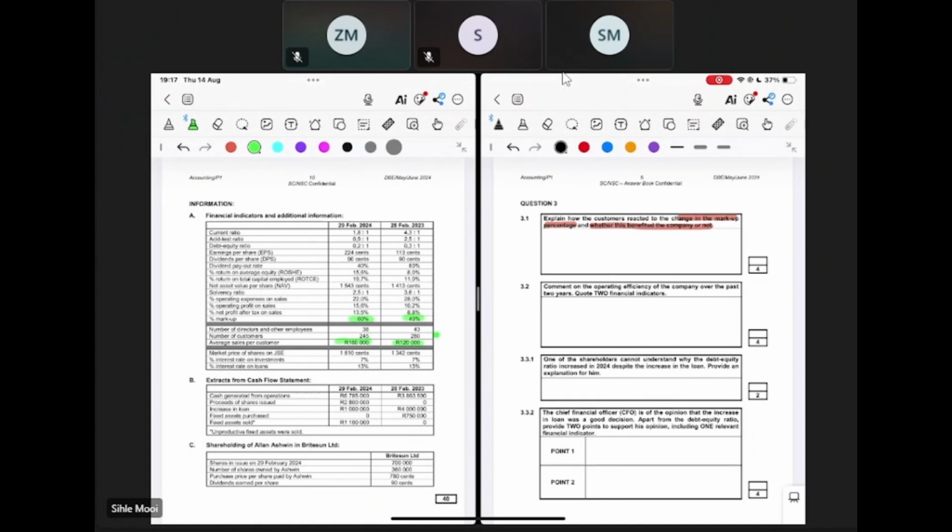Right. So with this one, what you need to look at is the profits and your operating expenses on sales percentages. So these ones, where are they? Operating